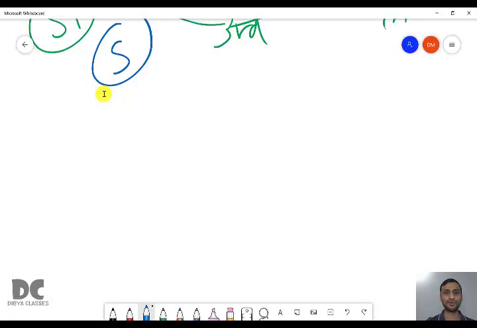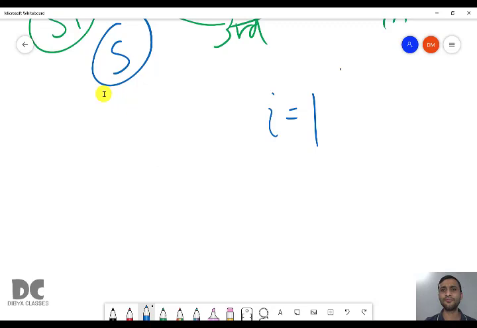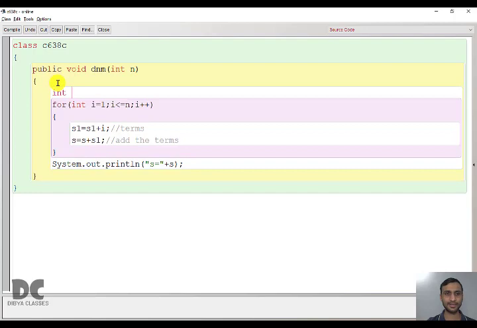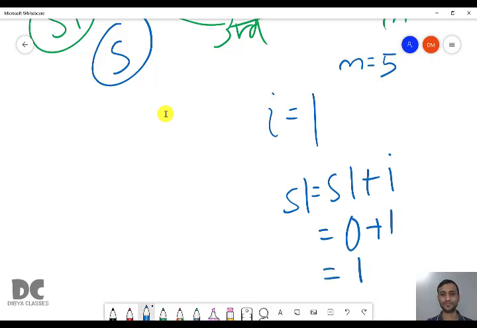So we have i equal to 1, and let the value of n be 5. So 1 less than equal to 5, true, it came inside. S1 equal to S1 plus i. Let us declare these variables also. Int s1 equal to 0, s equal to 0. In the starting there is nothing, that is 0. So s1 equal to s1 plus i, that is 0 plus 1, that is 1.